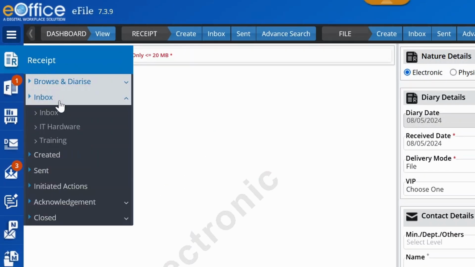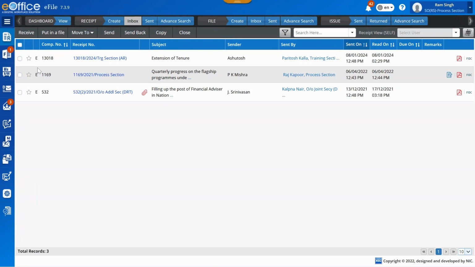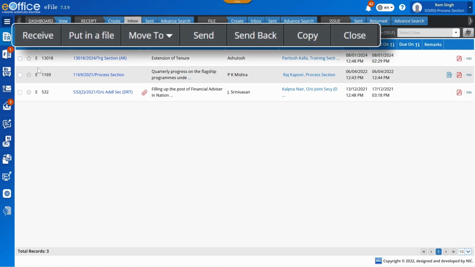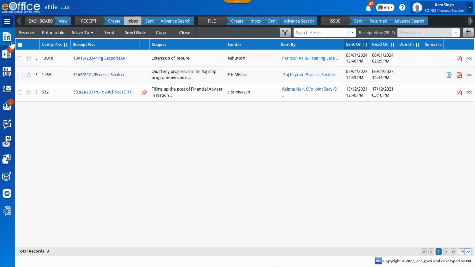Next is Inbox. Clicking on this link will display a list of all the receipts that have been received by the user from other officials. It contains various details of the receipts like their computer number, receipt number, sent by, sent on and many more. Also, actions like put in a file, send back, copy and various others can be taken from here.